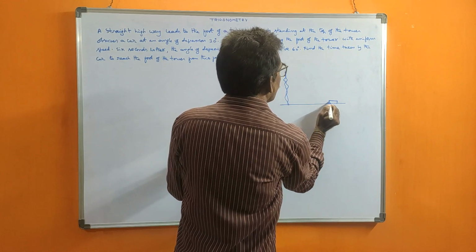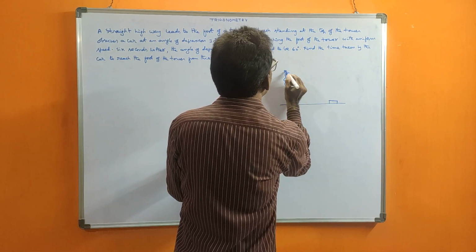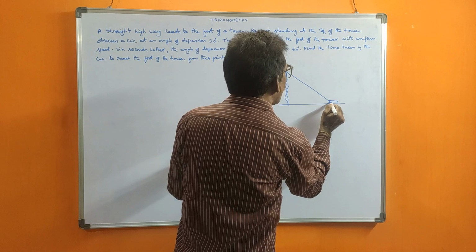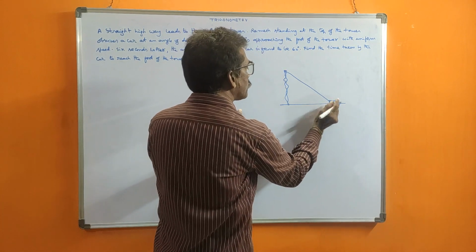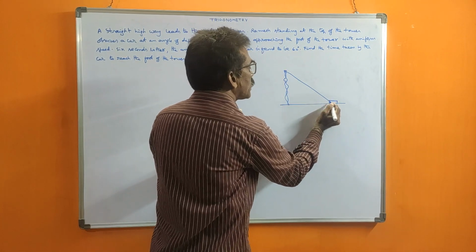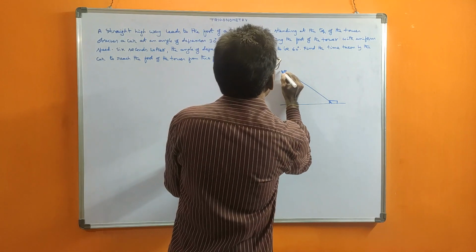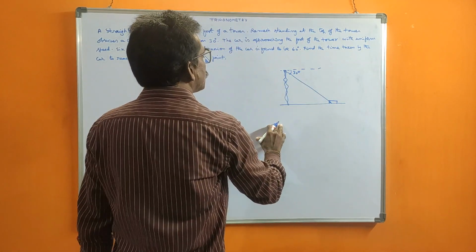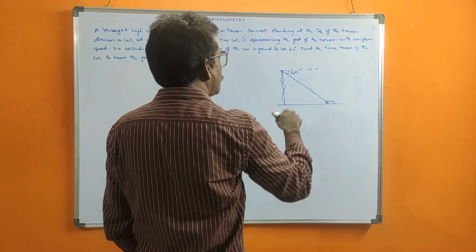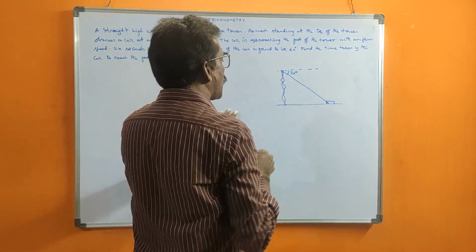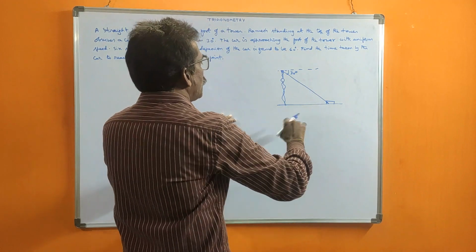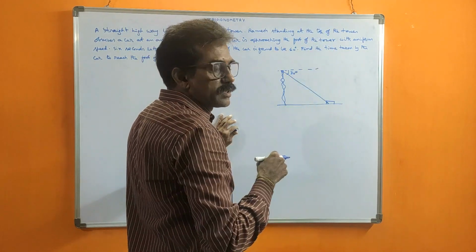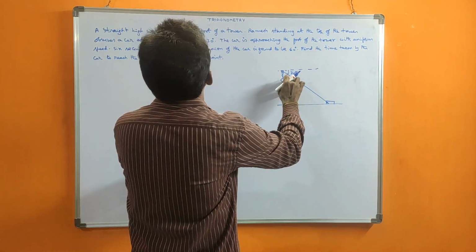Okay, then at one time you observe, this one point only you should take. Suppose the car is at some point, and this angle of depression is observed as 30 degrees. Angle of depression, because this is down. From the top, it means angle of depression, I told. From the down to the top means angle of elevation, I told. So this is angle of depression.